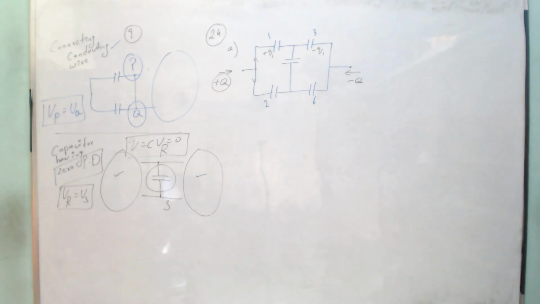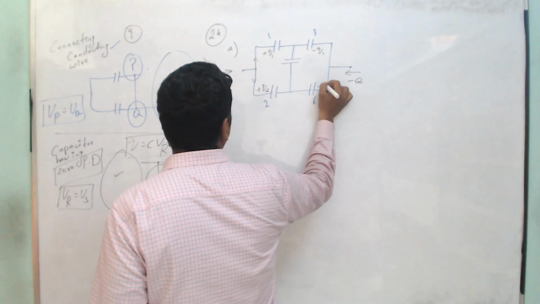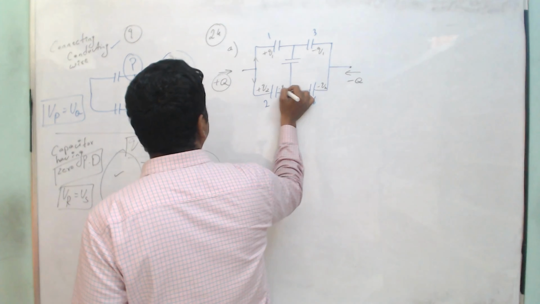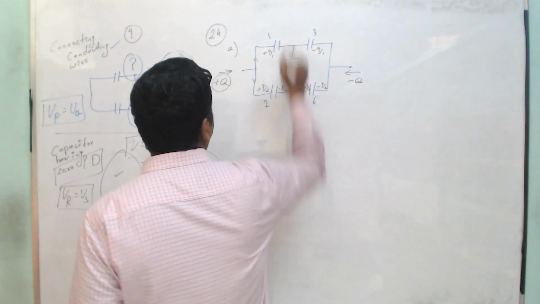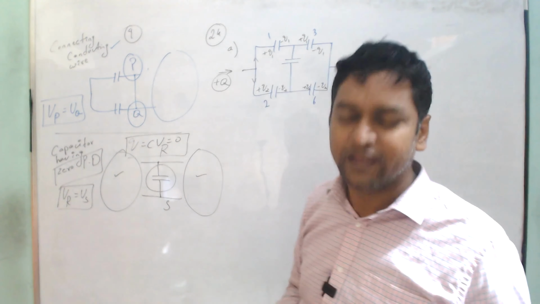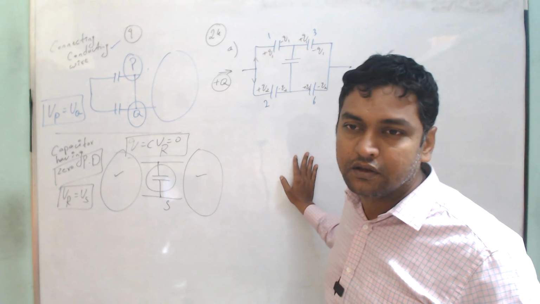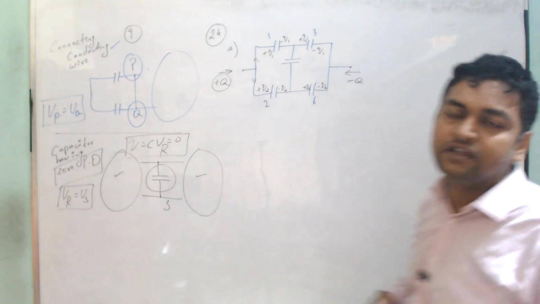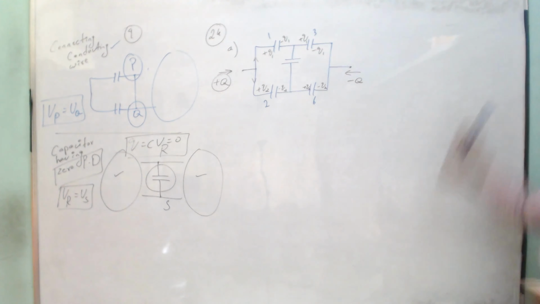Similarly, if I have plus Q2 going over here, my minus Q2 should be going over here. Therefore, my minus Q2 is here, my plus Q2 is here, as it is an insulator. Minus Q1 here, plus Q1 here. See, till now, I haven't applied either of the situations over here. We are only discussing something. That's why I told you over here,